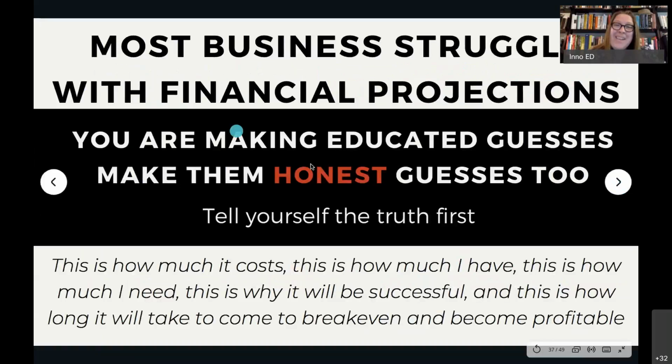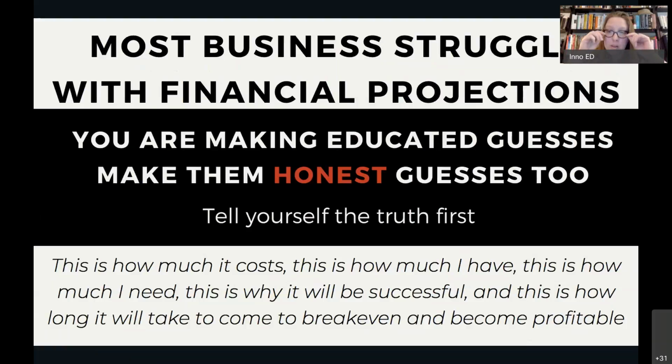And we're going to end on this point because it is true that the financial projections are hard. You're guessing. You're making an educated guess about what's going to happen, and you won't know until you do the things and you see if anyone is buying and how it's working out. We're going to highly suggest that you make those honest guesses. And what we mean by honest is telling yourself the truth. I think when we are starting a business, it is very reasonable that we have a very high level of optimism. Entrepreneurs have optimism, they have to, but being able to be honest with yourself.